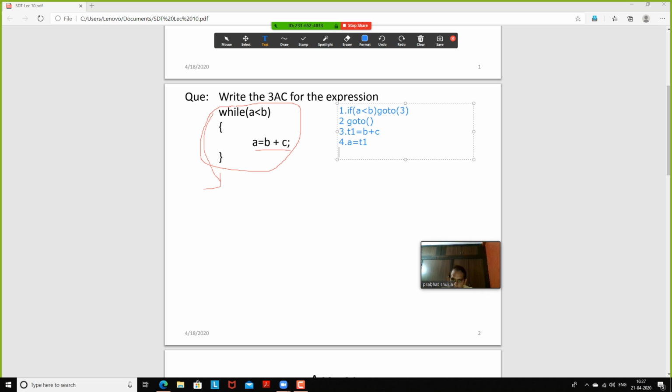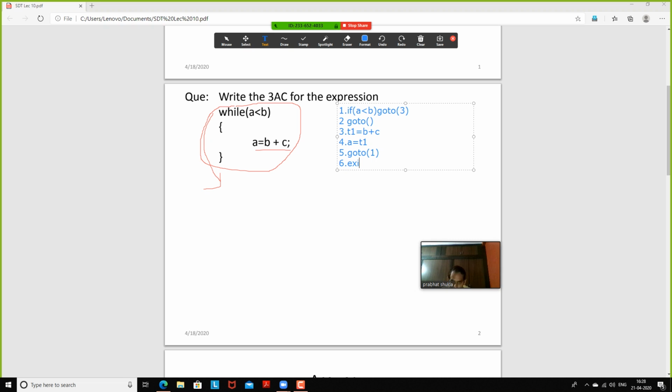It means the condition a less than b is evaluated in statement number 1. So here we will write the statement go to label 1. These are the three address codes which are sufficient to explain this while loop.